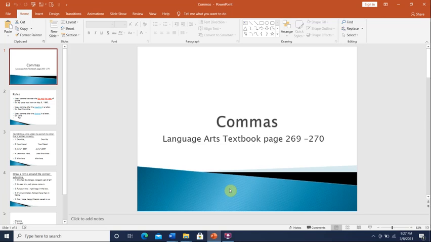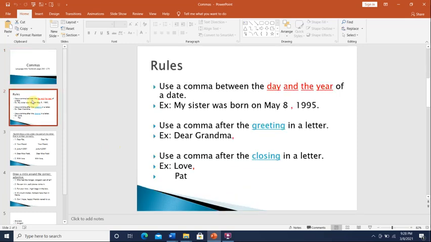Right, guys. So for our last grammar lesson of this week, the lesson is about commas. Okay. So if you think about comma, you know that it's a symbol that we make. We use it in several things, and we took them before. So today's lesson is like a revision. Okay. So these are the things that we use a comma in. Okay. One of the things that we use a comma in